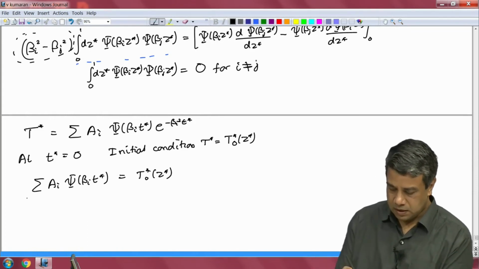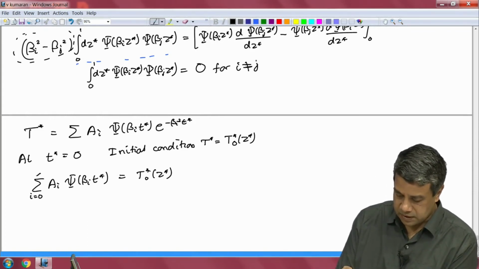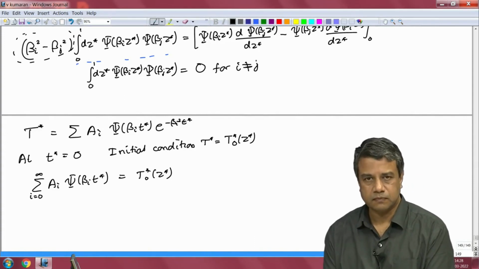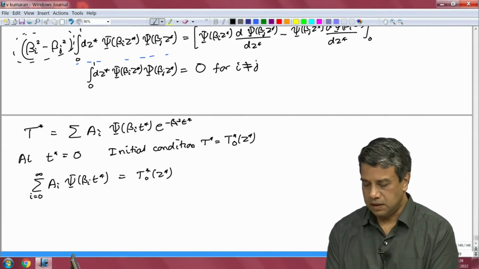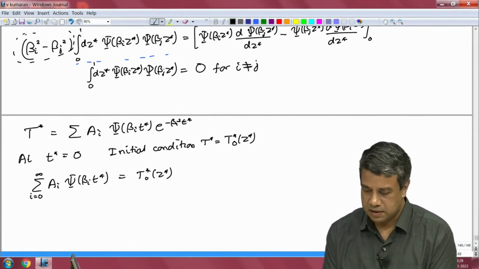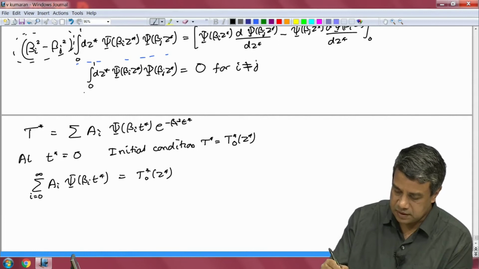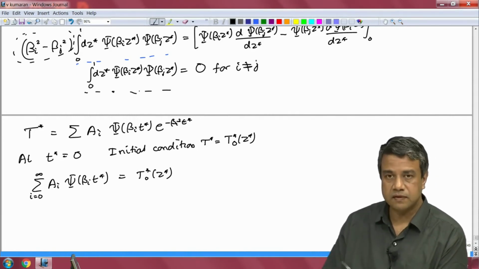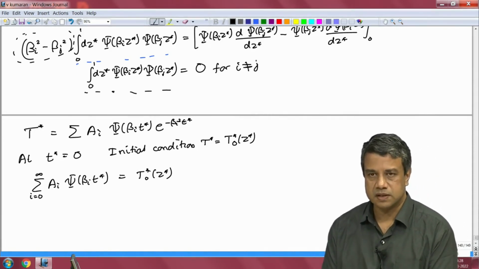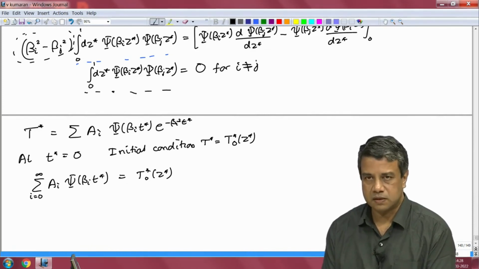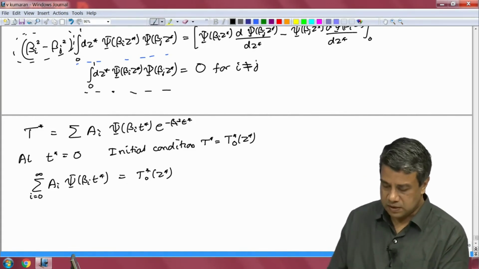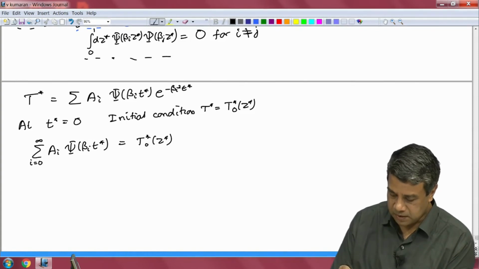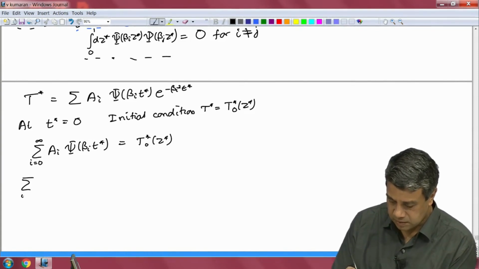And this in general, i is equal to 0 to infinity. So, I have this as the initial condition. In order to determine the coefficients, since I have this orthogonality relation, only if the boundary conditions are homogeneous, and the psi satisfies the boundary condition on both boundaries, then I have this orthogonality relation. Therefore, I can multiply both sides by